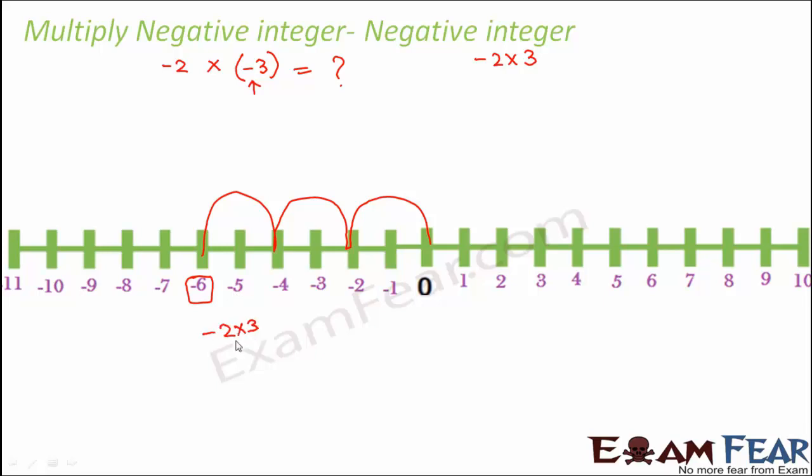Now let us say if you talk about minus 2 into minus 3, it again means the same thing but in the opposite direction. So you are going to move on the opposite side of the number line. And in case of multiplication, you are always going to start from 0. So from 0, you are still going to take 2 steps at a time, but in the opposite direction. And as a result, where do you reach? You reach 6. So this is what you mean by minus 2 into minus 3.